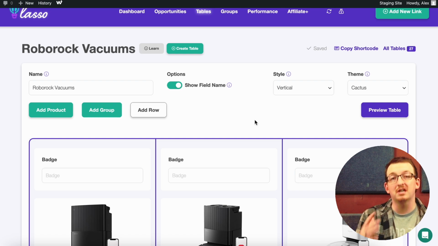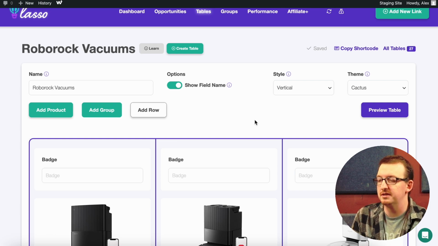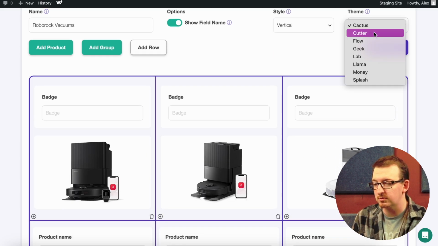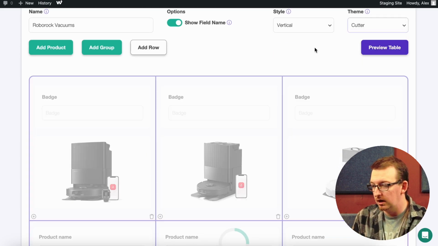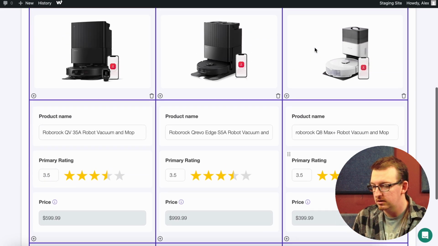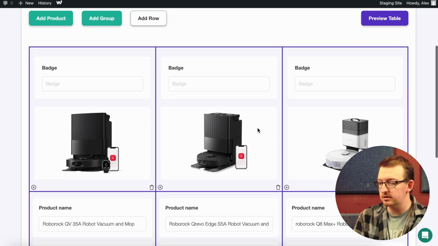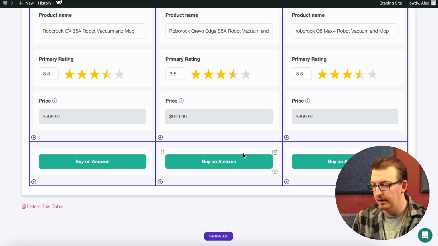So now we can get to customizing this table a little bit. So at the top right, we have a couple of stylistic changes. So the first one is vertical or horizontal. And then we can change the theme as well. So right now we're on cactus. Let's look at cutter. All right, so we're gonna go with cutter just because I really like the wider buttons